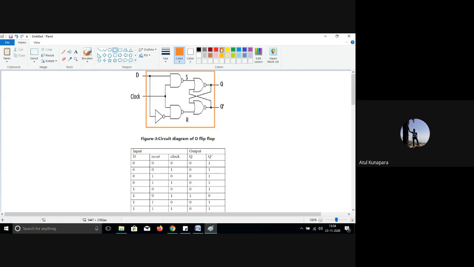But if you go inside, this is your SR latch. So ultimately, the D flip-flop is also going to have the SR latch inside. But before the SR latch, it will have two NAND gates. You can say this is NAND gate number 1 and NAND gate number 2, like this. And one NOT gate is also used here. So if you look at the previous case of the SR latch,